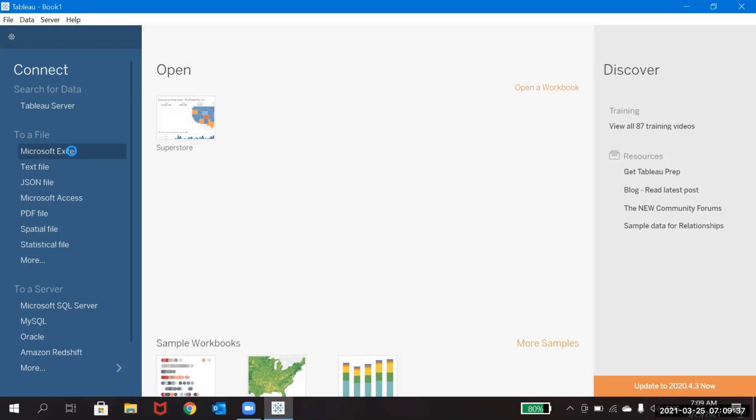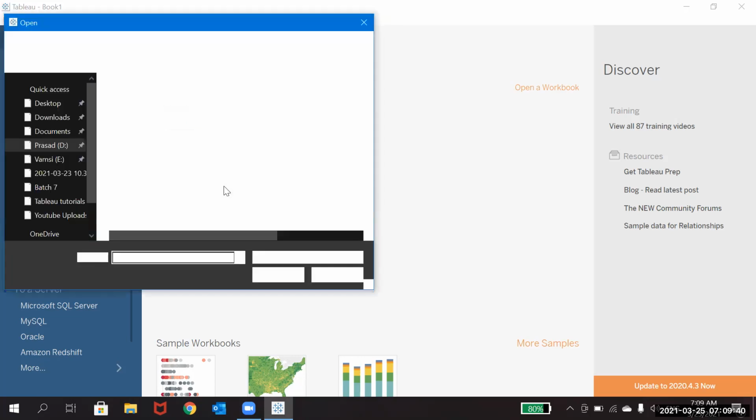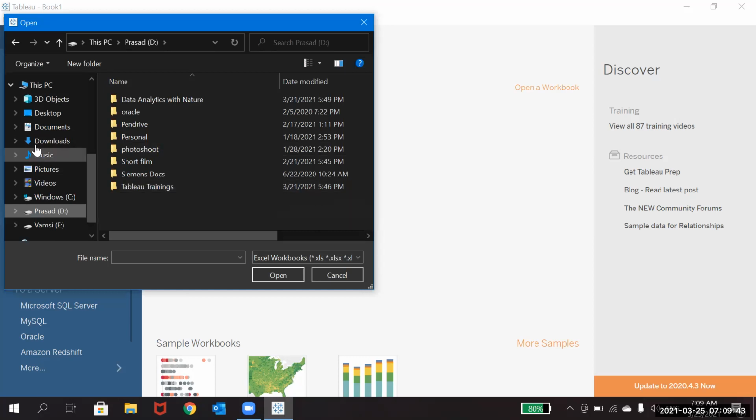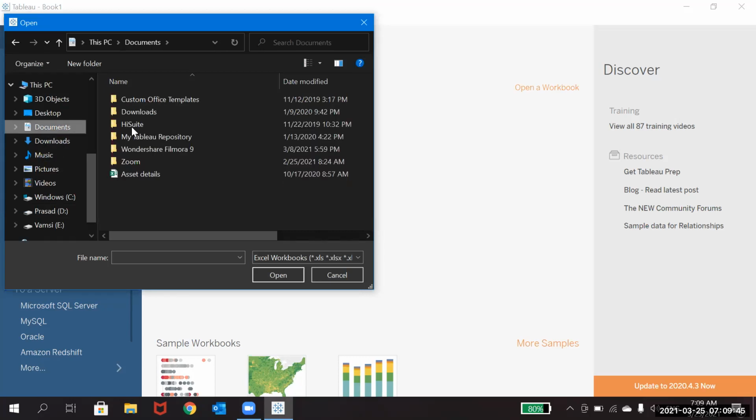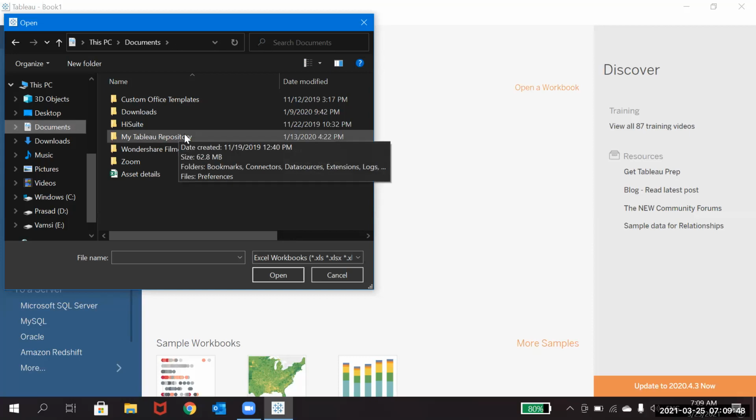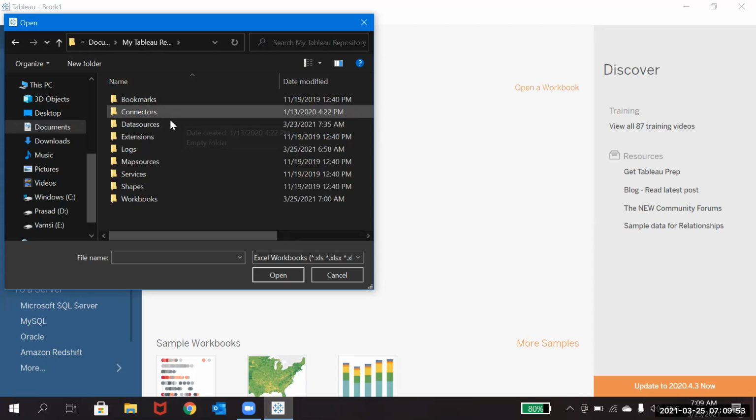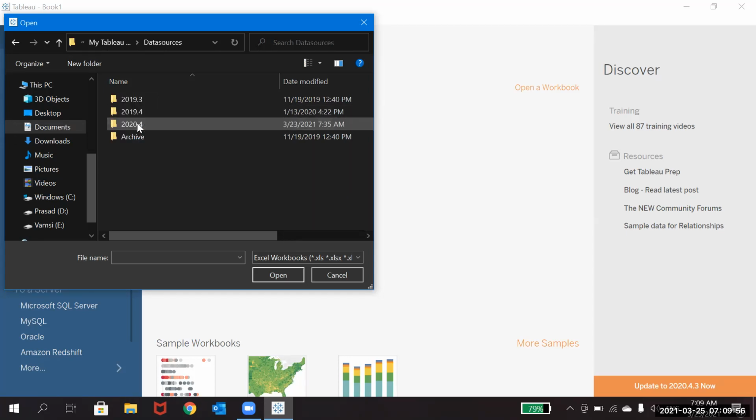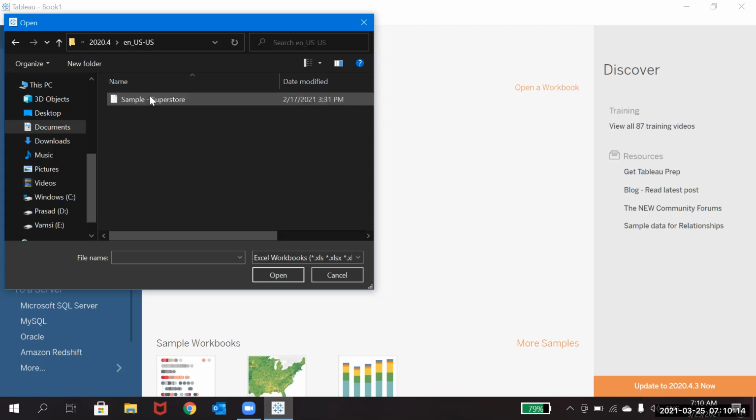If I double click on Excel, it will ask you to locate the file. If you go to Documents, you can find My Tableau Repository. If you go into it, you can find Data Sources. Whichever version you are using, since you have version 2020.4, you can see this folder; I have other versions in my system also, so those two folders are coming there too.